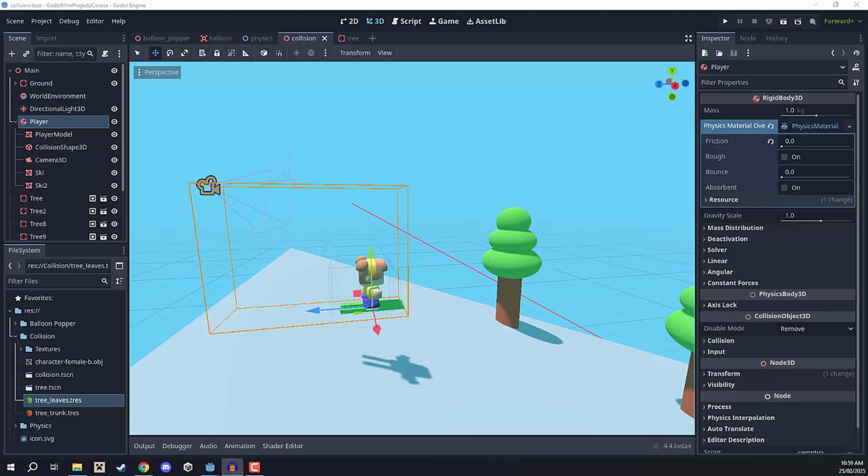Welcome back everyone. In this lesson, we are going to be setting up our player movement script. This is going to take in our keyboard arrows and allow us to move to the left or to the right. So what we're going to do now is select our player node, and then in the inspector, go right